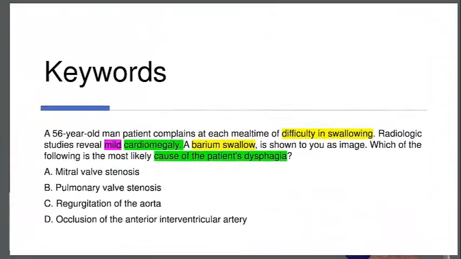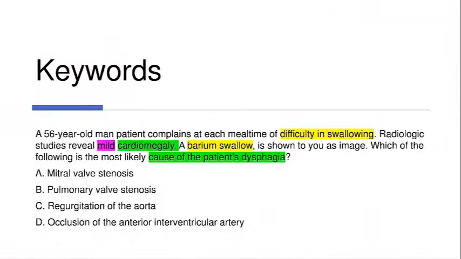Let's see the keywords. The question: the patient had difficulty in swallowing. Again, we see dysphagia in the end also, in the beginning also. And barium swallow. Barium swallow is done when we are thinking of a problem in the esophagus. But there is some mild cardiomegaly as well on a chest film. And all the 4 choices are related to some cardiac causes. So in a nutshell, the question is trying to ask us, which of the following cardiac conditions would lead to